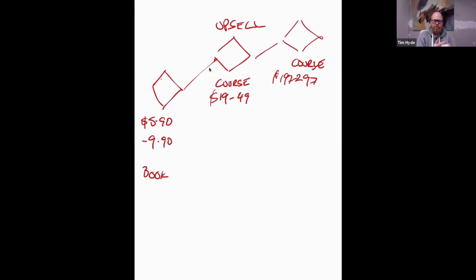Now, these are not all of your products. Most of you will have some form of high ticket consulting or product in here as well. This is specifically going to work more for consulting businesses than for a product one, but you can certainly do the same. Now, for every 100 people who come in here, there will be a number of people who buy your book, and there will be a number of people who then buy your course as well. I would recommend long form sales copy here, so lots of words. Really demonstrate the value to people who don't know who you are.